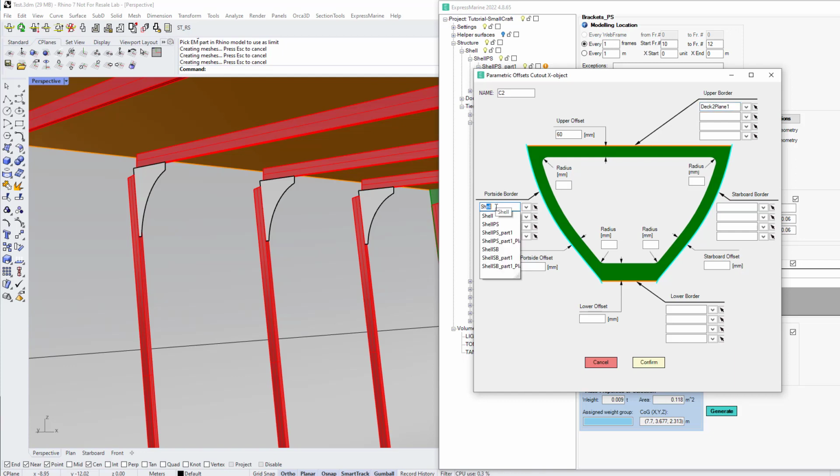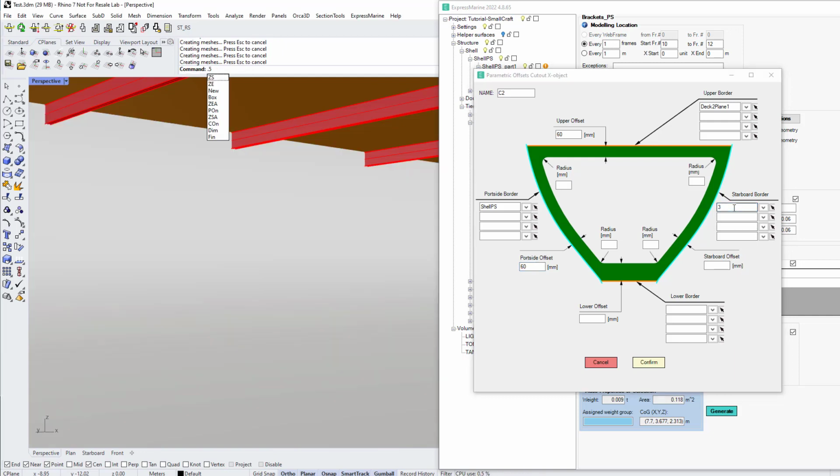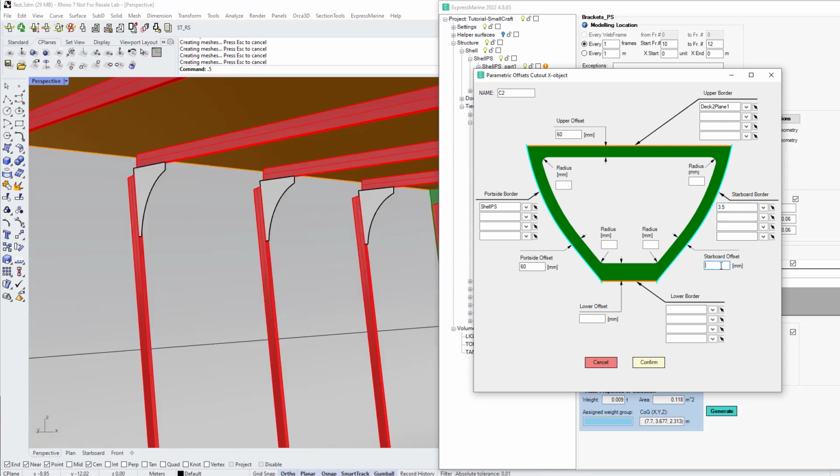The shell should also be here, the port side border, and I'm going to do a port side offset of 60 for the starboard border. I'm going to do 3.5 meters, 0.5, and a starboard offset of 220 millimeters,